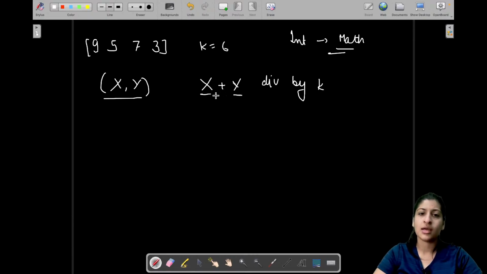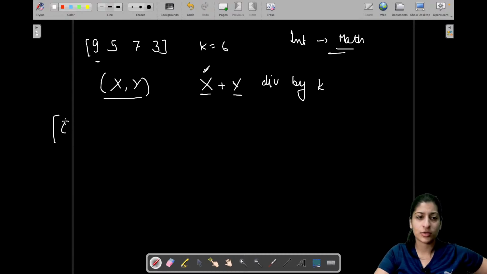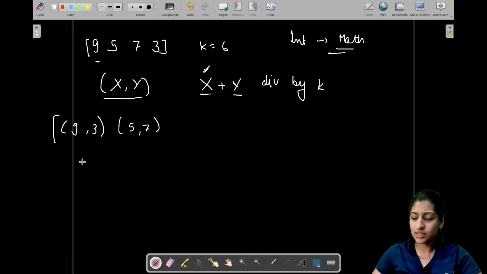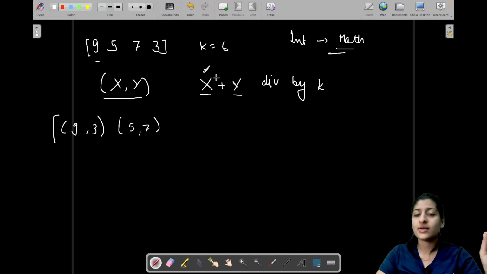Now tell me one thing, x plus y, can I write it something like this? We do not know if individually x is divisible by k or not. Let's say the answer would be taking a pair of 9 and 3 as one pair, and 5 and 7 as another pair. Now we know for sure that we don't know whether, whatever x and y we take, individually they would be exactly divisible by k. We don't know. So can we write x as, let's say,